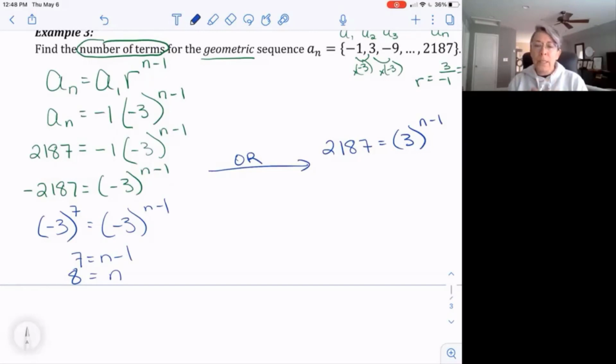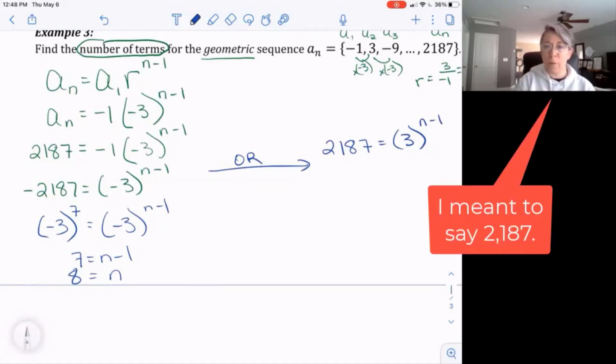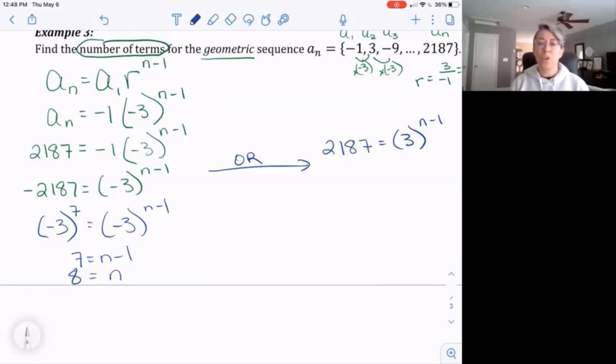We are merely looking to see what number that n could be that would give us 2187. Because remember, it oscillates. We're just looking for the n. So if you put that negative in your calculator and try to take a logarithm, you're going to get an error. So if we're just looking for that n, we would just consider this to find what that n